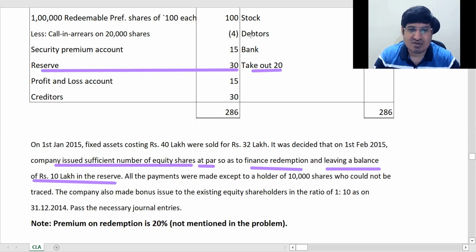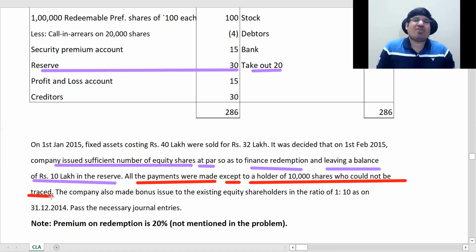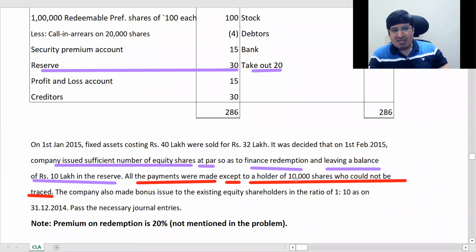Now next part is all payments, that is जो आपका redemption है, all the payments were made except to a holder of 10,000 shares who could not be traced. क्योंकि कभी कभी होता है, चलिए कोई फॉरेन चले जाता है, there's some problem. If someone is not traced, the company keeps that amount as a custodian for that money. Many times people come and claim it later. तो इस केस में ये कुछ नहीं है, बस इसका कुछ करना नहीं है आपको।